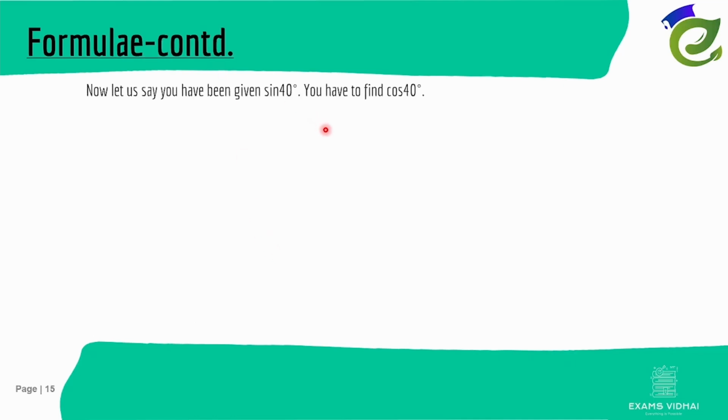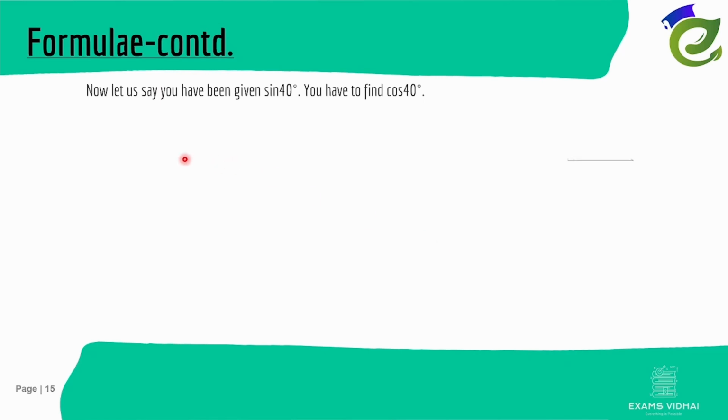So now, let us say you have been given sine 40. In the previous question, you were given sine 40 and asked to find cos 50. Now here you have been given sine 40 and you're supposed to find cos 40. How would you do that? Now there are some identities through which we get to this process, but I'll just give you a brief proof